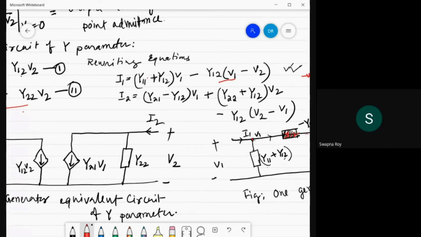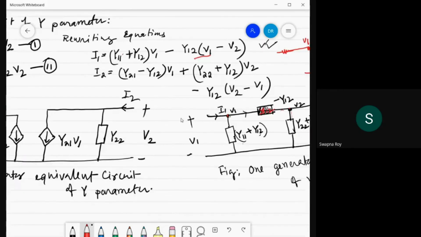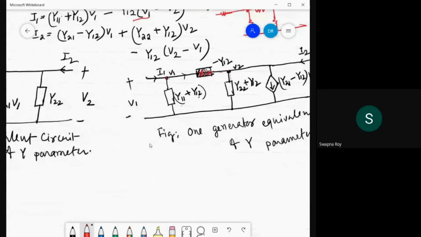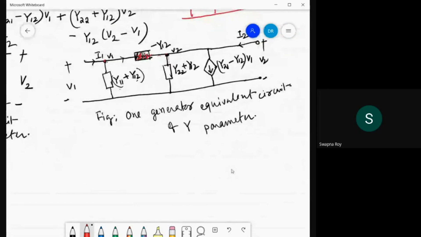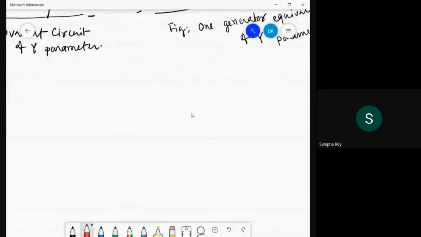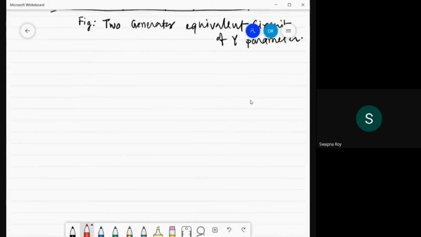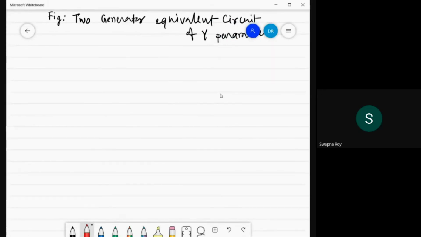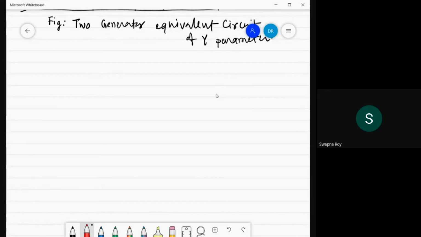বইটা না দিলে তো হবে না, পড়তে হবে, এটা খুব ইম্পর্টেন্ট। আমি রিপিট করবো আবার? ম্যাম I2 টা একবার রিপিট করবেন, ওয়ান জেনারেটর ইকুইভ্যালেন্ট। দেখো আমি এখানে আবার রিপিট করছি। দেখো আমরা নরমালি আমাদের ইকুয়েশন ছিল I1 is equal to y11 v1 plus y12 v2।